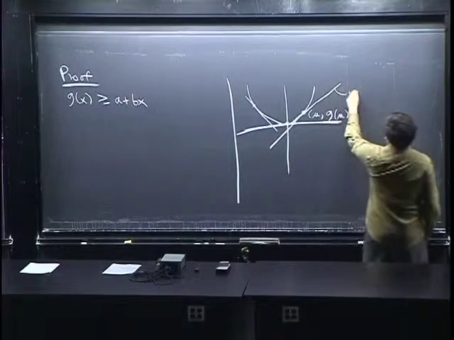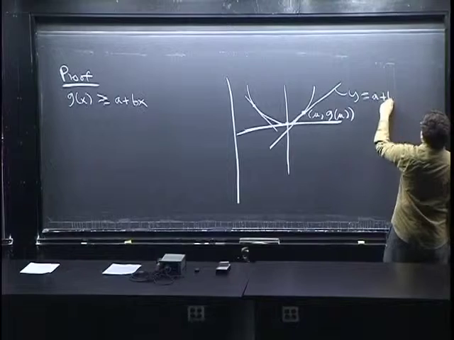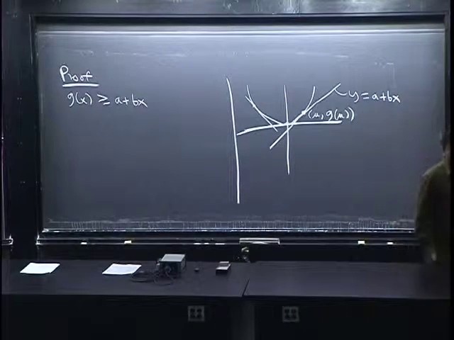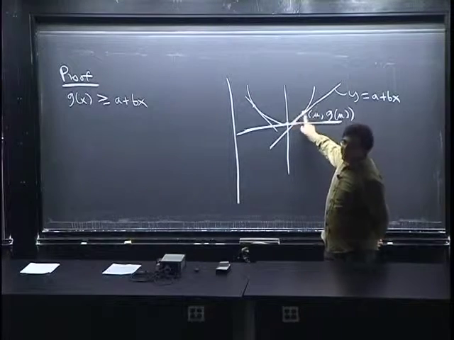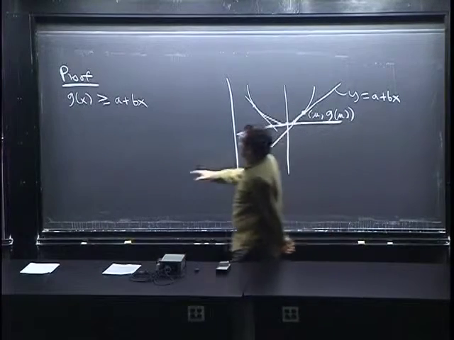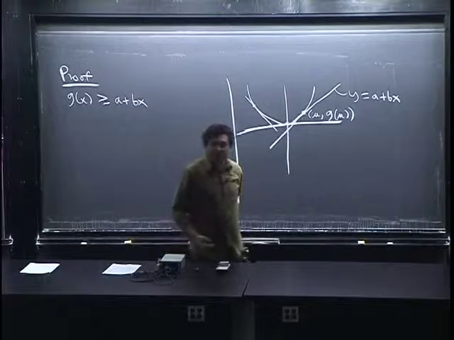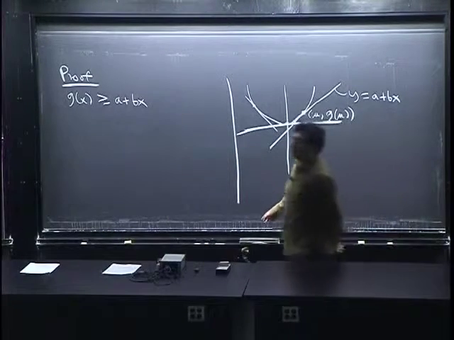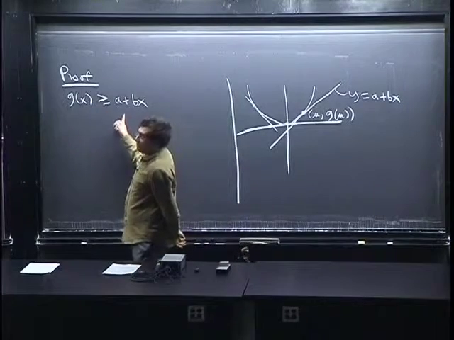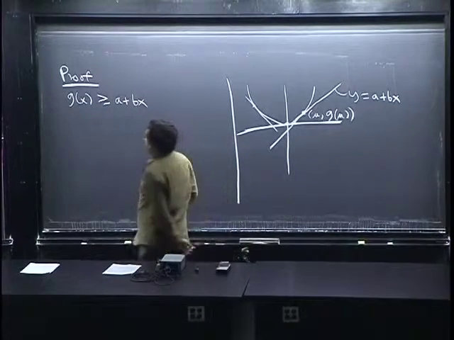So suppose that this line is the line y equals a plus bx. And the statement that this curve stays above the line is just the statement that the curve is above the line. Okay. Well, once you've studied the geometry enough to write down this inequality, then Jensen's inequality follows very easily,